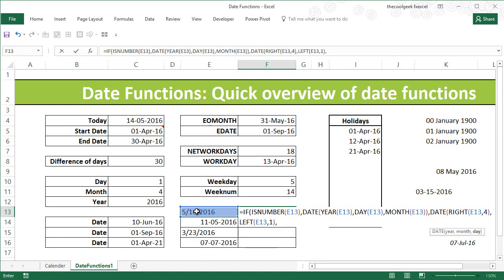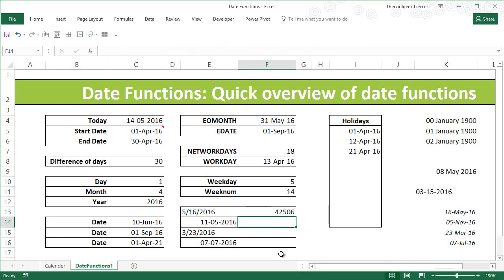I want the day. The day is in the center part, so I'm going to use the mid function. It's going to be this text, comma, starting number 3 because that's where it's starting. That is 5, slash, and 1, that's where it's starting, so it's the third digit. From there on I want 2 characters, so that's how I'm going to get the day. Now close both the brackets, the date function and the if function, and press enter.